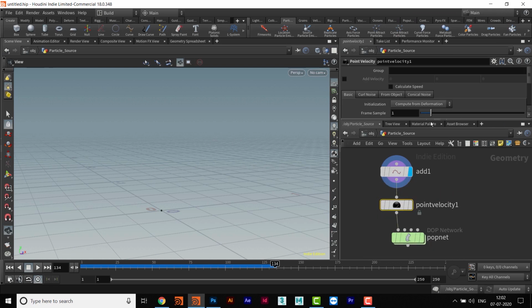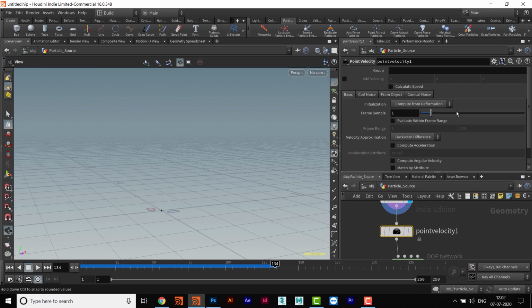And now when I do this, maybe again I'm not using these attributes here, I will just activate this add velocity feature here, and then I will give some velocity here. Maybe I'll give some 1 1 1 velocity, or maybe not this, only this add velocity towards the y-axis.